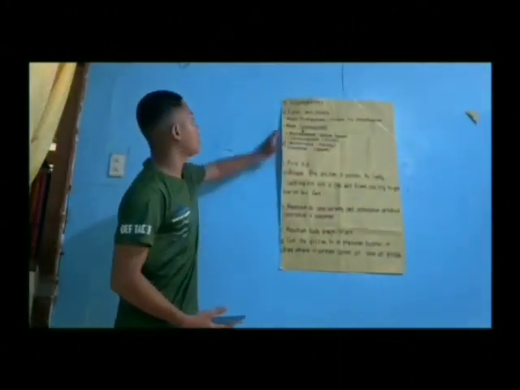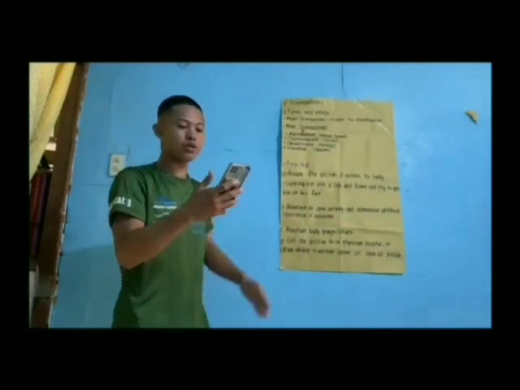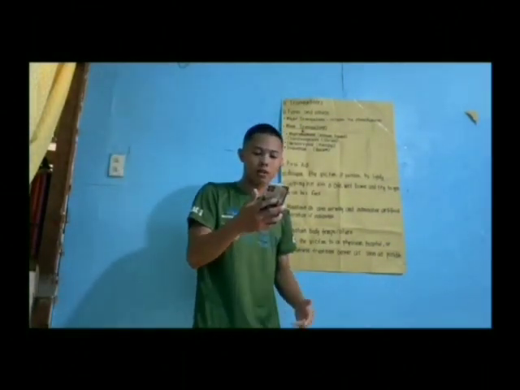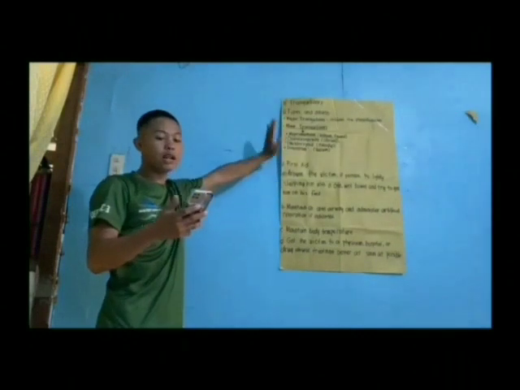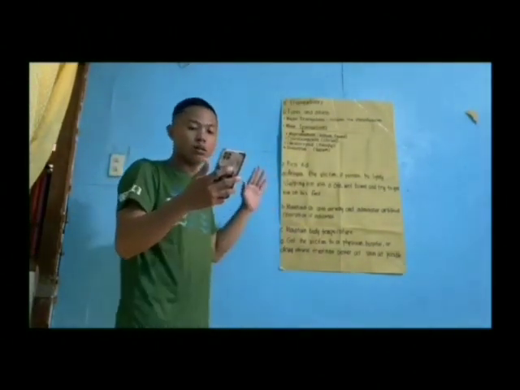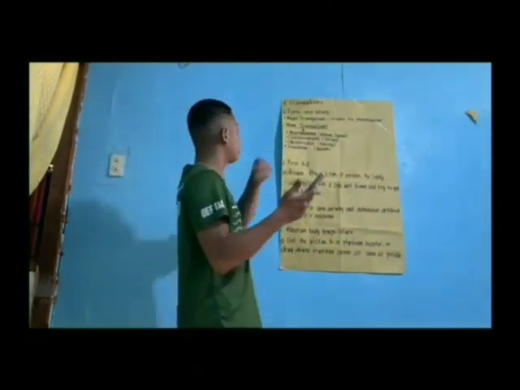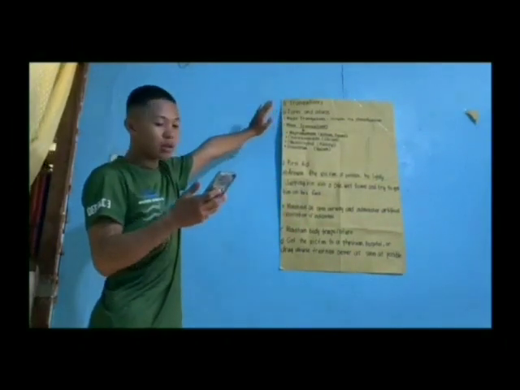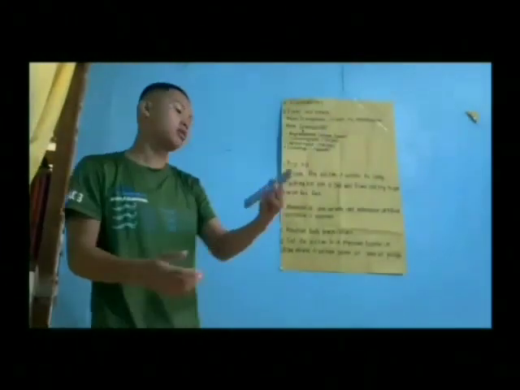So the last one is tranquilizer. This is the type of drug used to reduce anxiety, fear, tension, agitation, and related states of mental disturbance. So type of drug siya nga makapareduce o makapawala or makapa-lower sa anxiety, fear, or tension. So this is the example guys of tranquilizer, no? Capsule gihapon na siya guys, drugs.